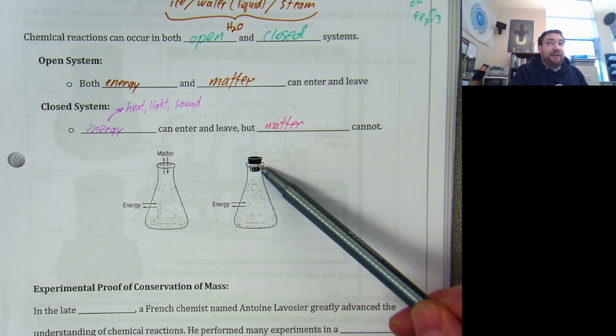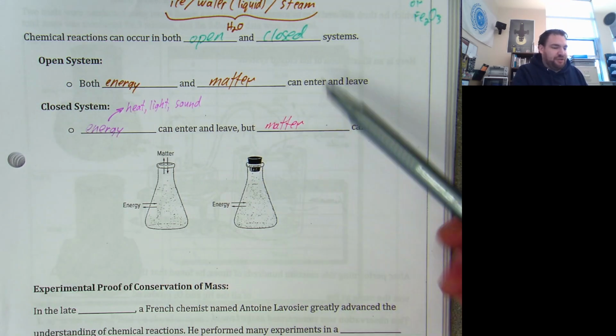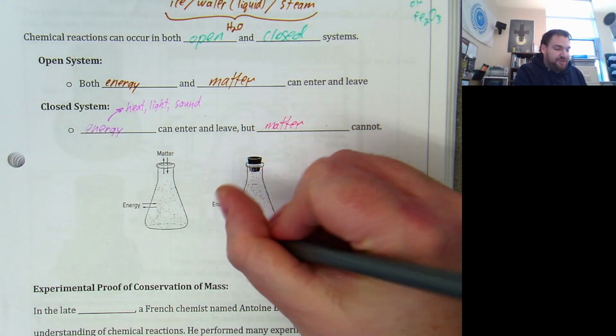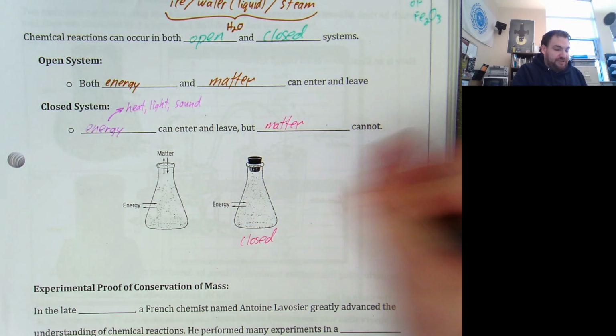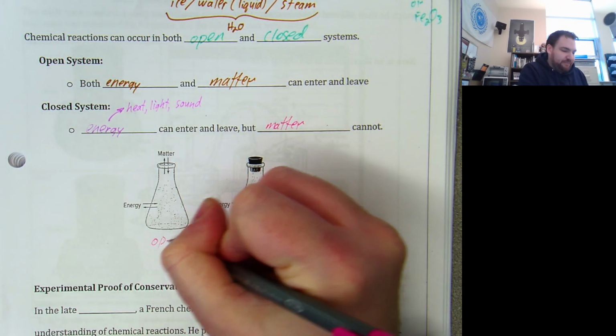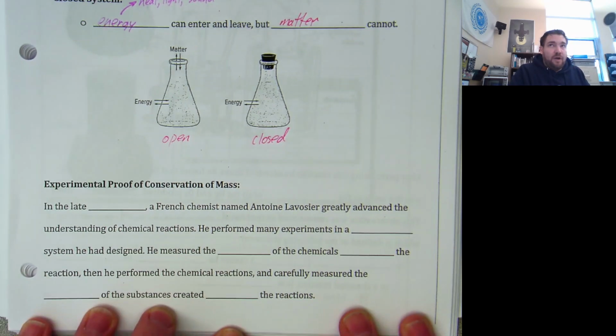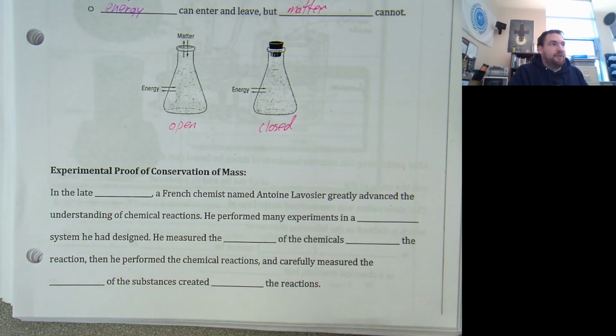You put a stopper in it, which you're going to do today. Make sure that stopper doesn't have any holes in it. And you've now created a closed system. This system is closed, this one is open. A simple concept, but kind of a profound, yes, Evelyn, result.